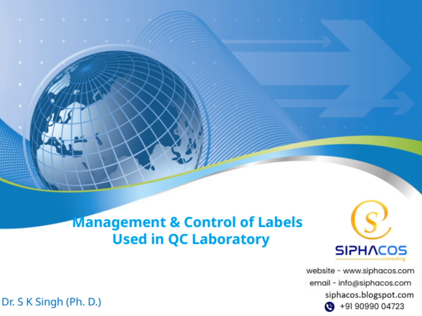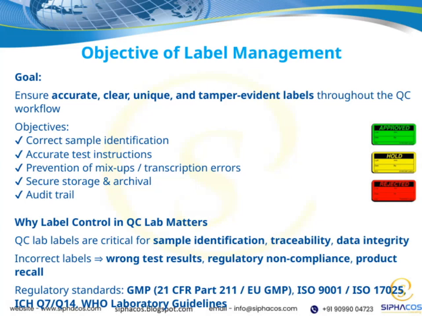Let's get started. The objective of label management is to ensure that all labels used throughout the quality control workflow are accurate, clear, unique, and tamper-evident. This is essential for maintaining the integrity of the testing process. Our goal is to make sure that every sample is correctly identified, that test instructions are precise, and that there's a system in place to prevent mix-ups or transcription errors. Additionally, labels must be securely stored and archived for future reference, and an audit trail should be maintained to track